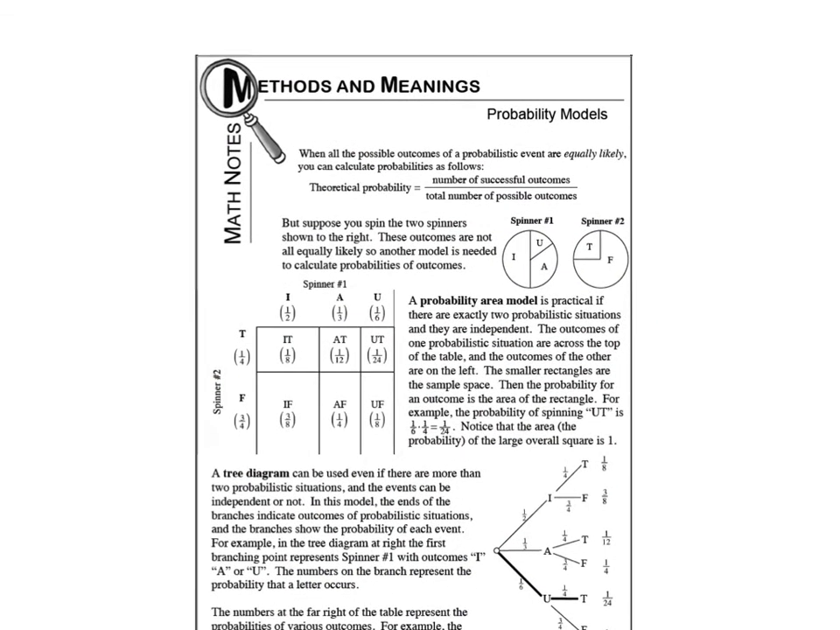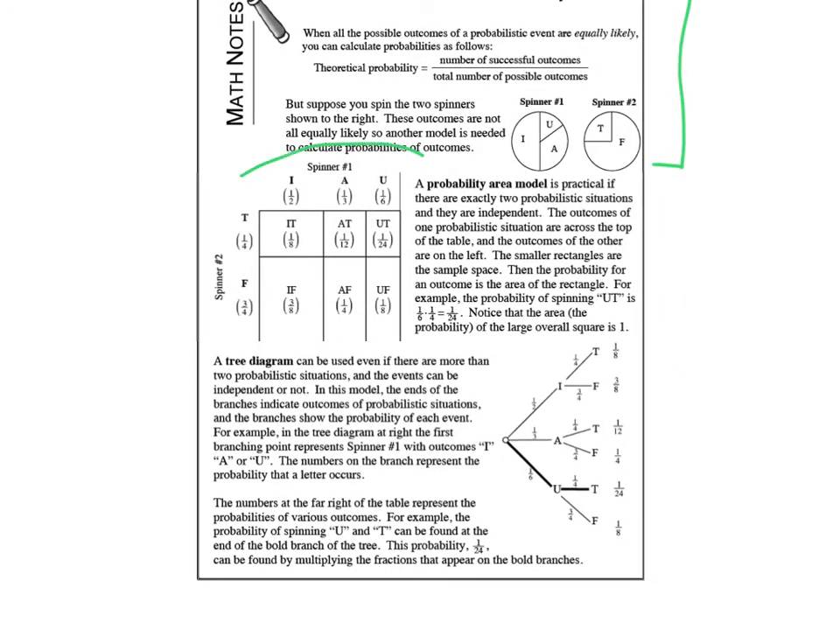So this math notes on probability models is a great thing to get down. It says when all of the possible outcomes are equally likely, you can calculate the probability as follows. That sounds more complicated than it is, but the idea of 3 out of 4, meaning that you have a 3/4 possibility of getting something to happen, that's essentially what theoretical probability is discussing. A probability area model is exactly like what we did on the previous problem, something like this right here, okay? And it's practical if there are 2 situations, okay? However, what's going to happen is if there are more than 2